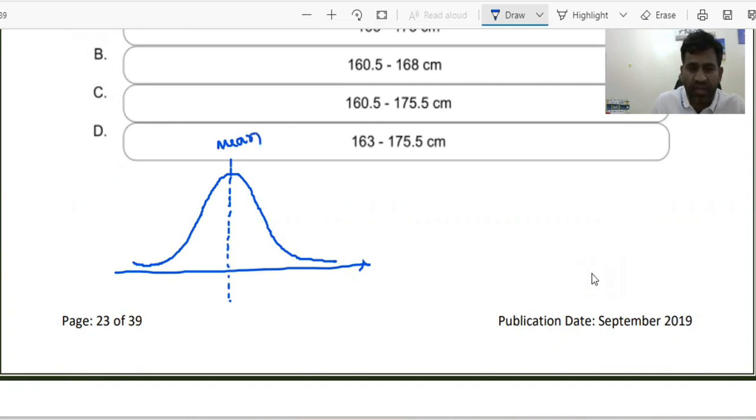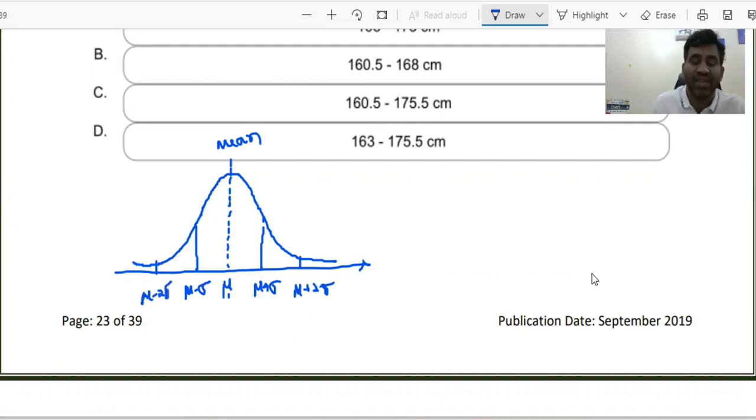This is written with different notations. I can use mu, or I can use something else. So this point we write as mu, which is the mean. And the next point you get is mu plus sigma, then mu plus 2 sigma, and so on. It's also going to be mu minus sigma, where sigma is basically the standard deviation, then mu minus 2 sigma, and so on.